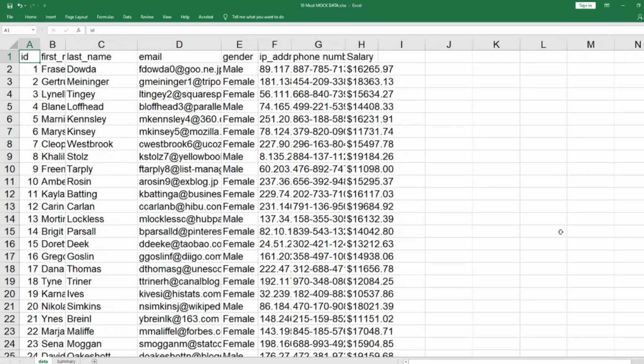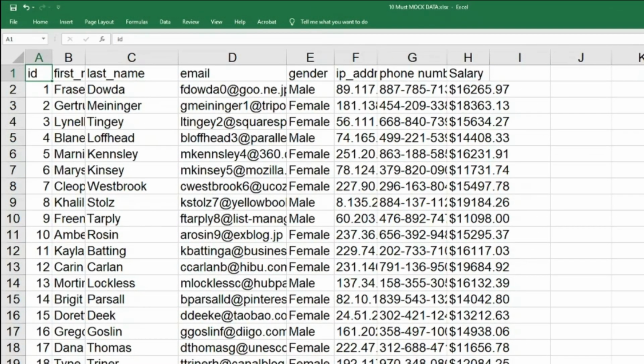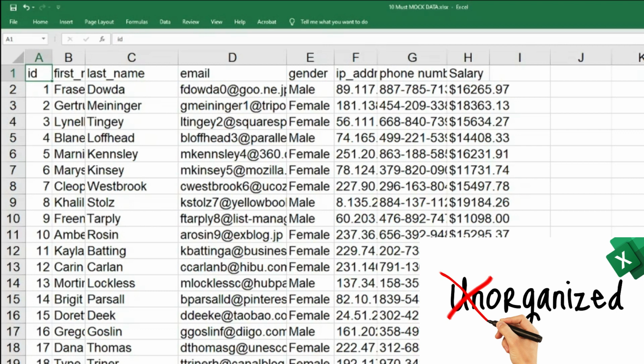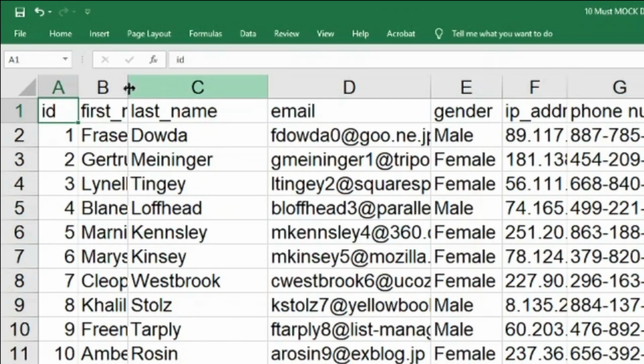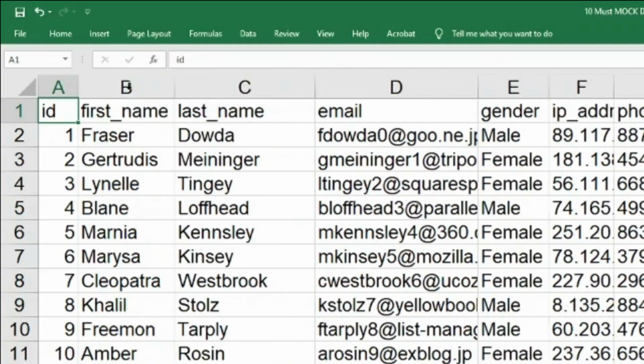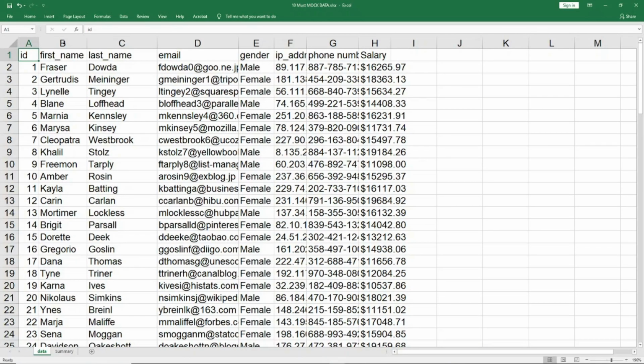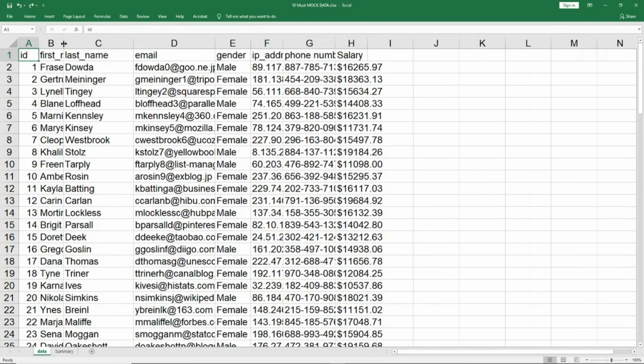So let me start here and let me come to the demo sheet which I have downloaded for a random data. And this is one of the things which most of the people would see when they download the data. It is jeopardized, or at least the formatting is so bad that you don't know what to do. Most of the people would use their mouse to go to this part between B and C and double click to auto size column B. What I say, let me undo this.